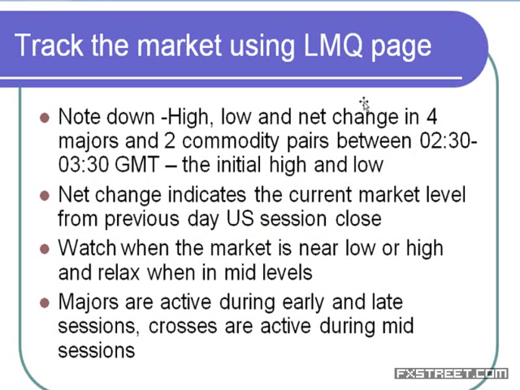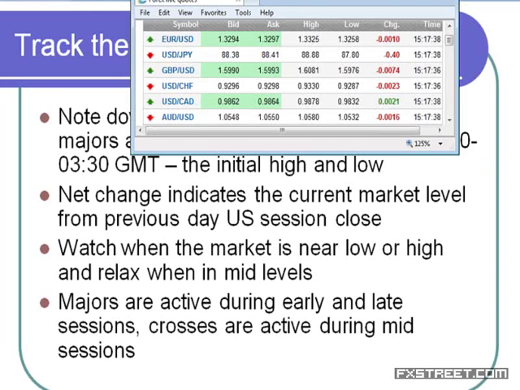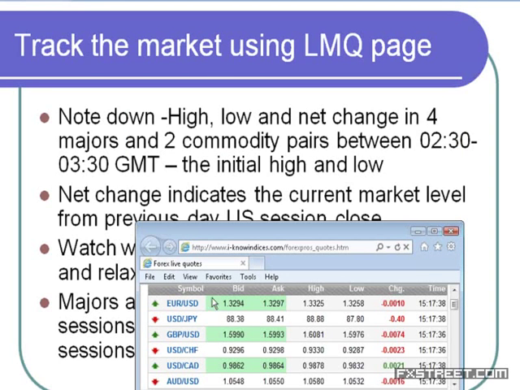Now, we watch the market during the start of the day. Around 3:30 GMT, we note down the initial lows and highs in 4 majors and 2 commodity pairs. This is very important. This initial low and initial high is a reference level throughout the day. If you use it, then with the help of a simple live market code page, you can take your trading decisions very quickly. You will not wait for the candle to close and things like that. You will be able to fine tune and enter into the market quickly,